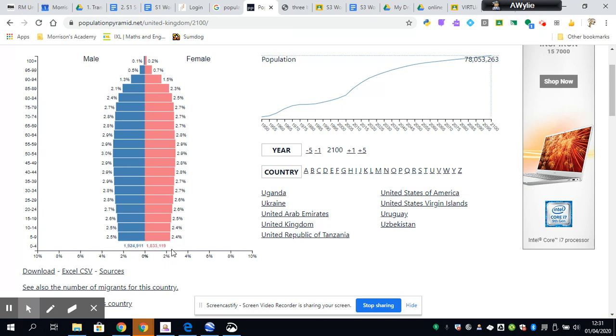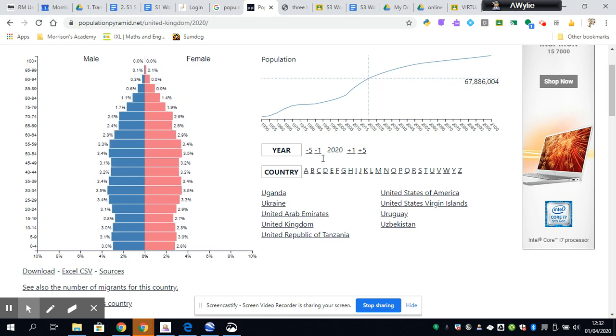So that's 4.8. And if I go back to 2020, I can click and I can see that 5.8% were in those age groups. So that age group, the 0 to 4s, will shrink by 1% by the end of the century. And I could do the same for any other age group. I could go to